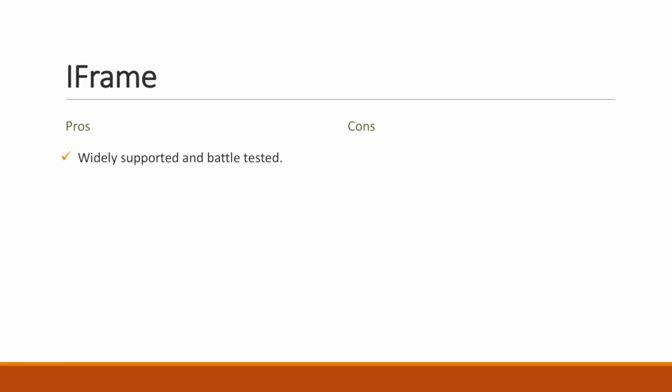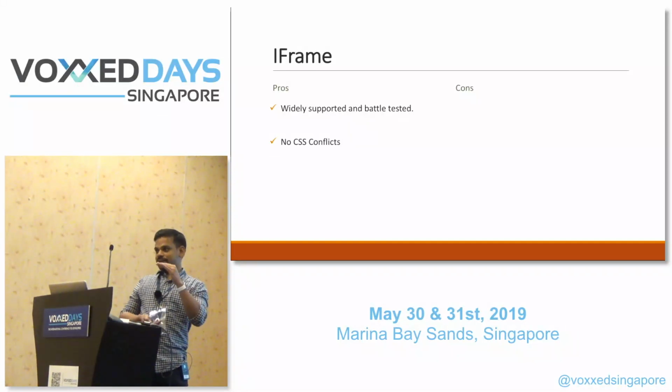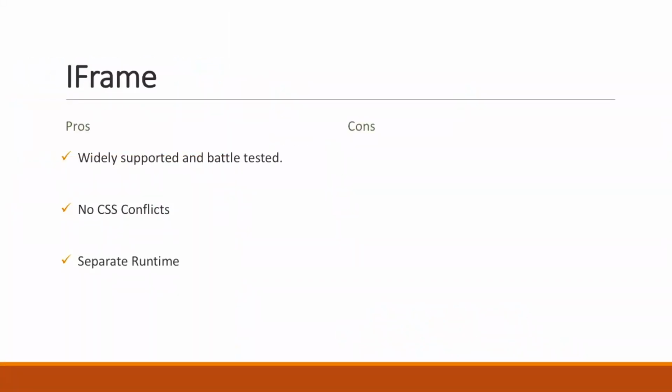Pros: widely supported and battle tested. All browsers support iframe. No CSS conflicts. Everything inside the iframe is fully insulated. Separate runtime. All the scripts run inside the iframes. They don't conflict with each other. And it's also technology agnostic. All the same good things about web components apply to the iframe. But